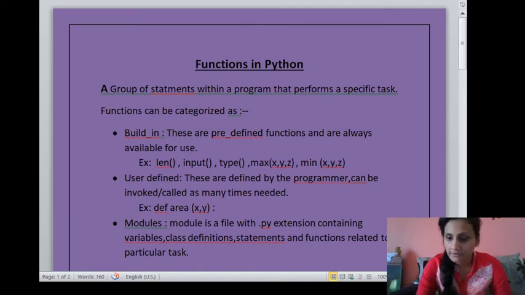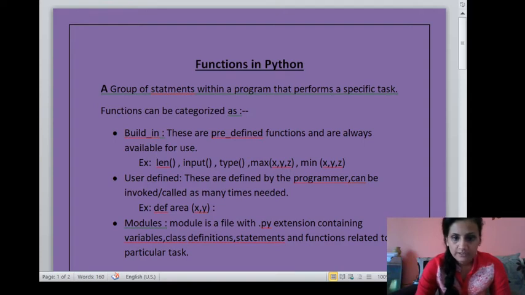There are three basic categories of function: built-in function, user-defined function and modules. Built-in functions, you already know, you have been using built-in functions. Last year also we did. Built-in functions are pre-defined functions in the library of your language. For example, len, that is length, input, type, max, min, all these are built-in functions. They are already in the library. You only need to write the call of the function and you can get your work done. There is simply no need of importing or connecting any particular file with that.